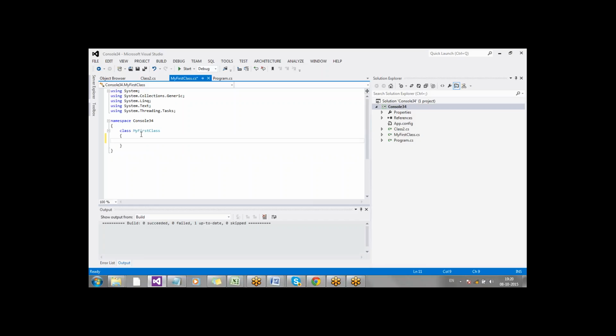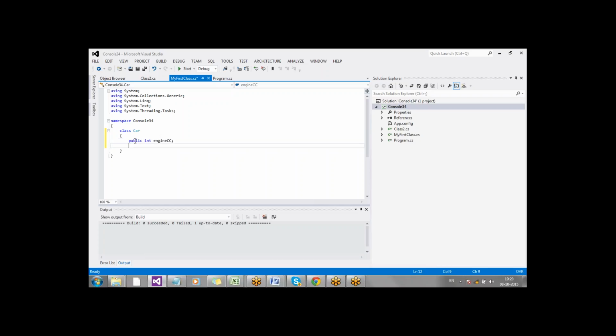Maybe I'll call it Car, and I'll assign an attribute called public int engineCC.